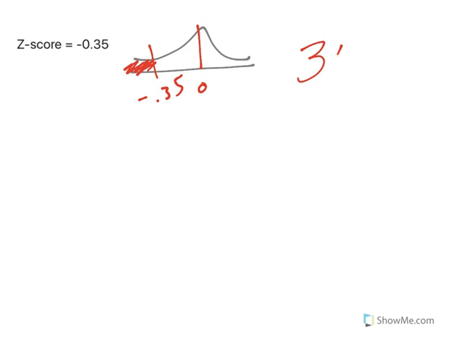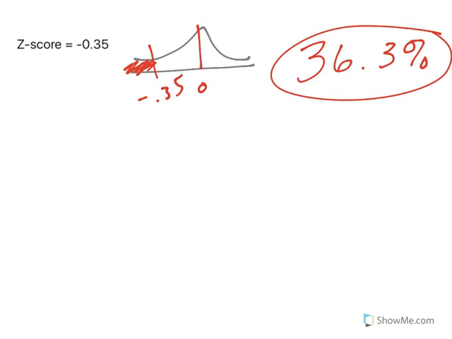Now, when we get to the next one, it's a little bit different. We are given a z-score. Now, for the z-score to go to the percentile is pretty easy, right? 0 is in the middle, negative 0.35 is over here. So for the percentile, we just look at negative 0.35 and change it to a percent, and we are at 36.3%